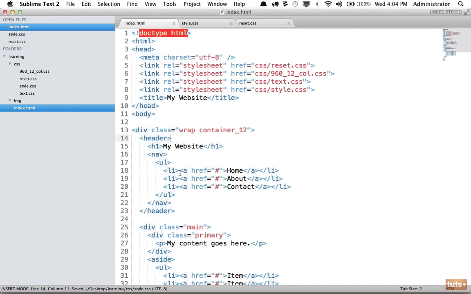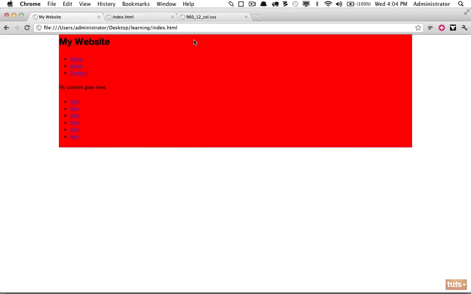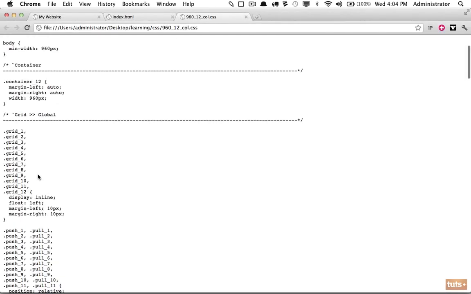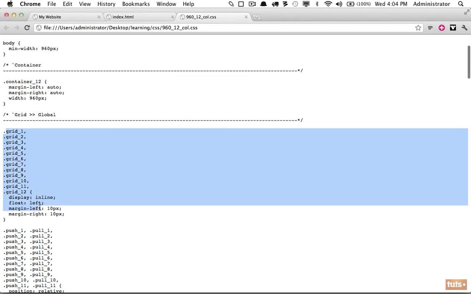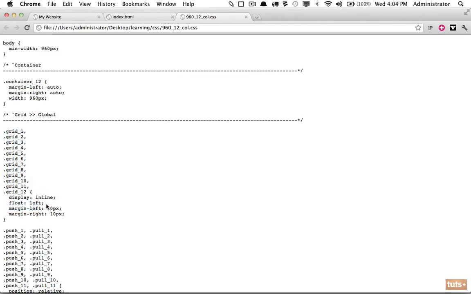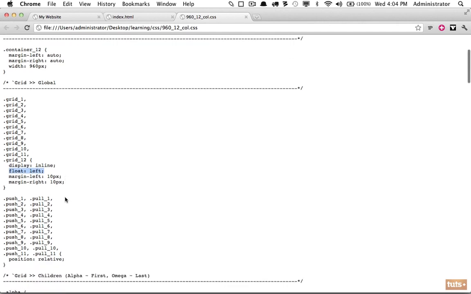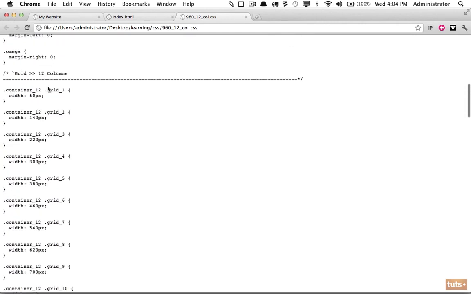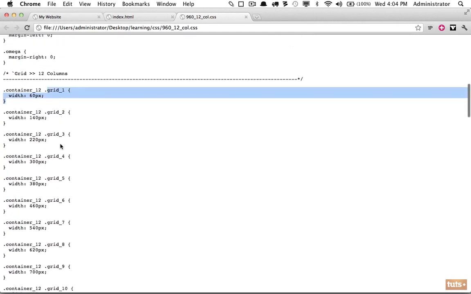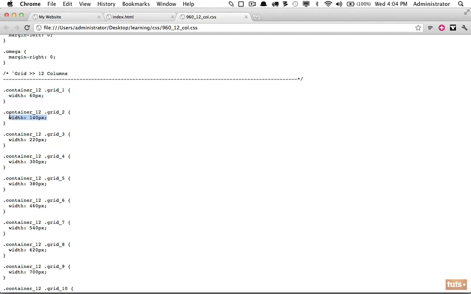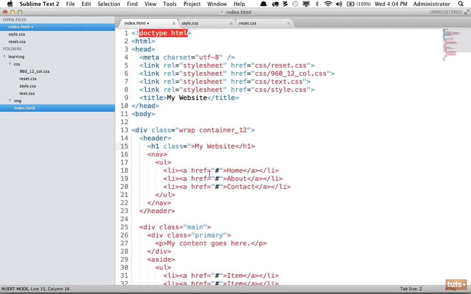The next step is within the header, why don't we specify that the h1 should have a class? And how can we set these? If we come back, look at all these different grids. Every grid is floated, and that's the way this is working. You create your columns by floating each section. And then it is overwritten where each grid, so grid 1, 2, 3, all the way up to 12, has a different width. So if I were to set the h1 class and we gave it a class of grid